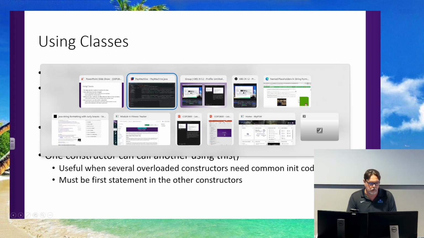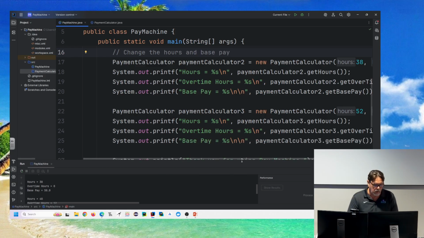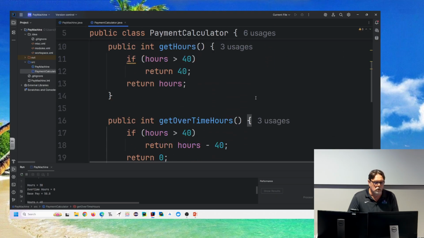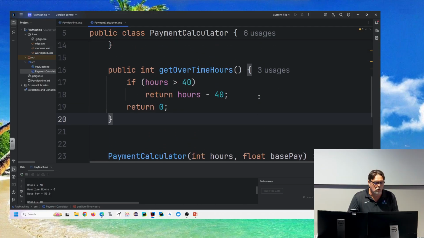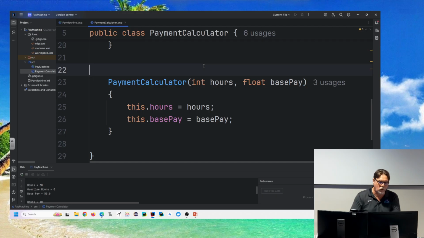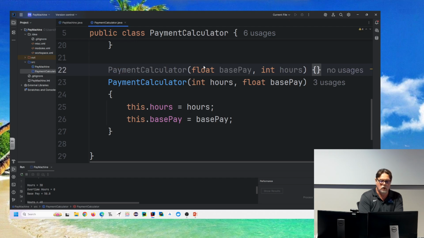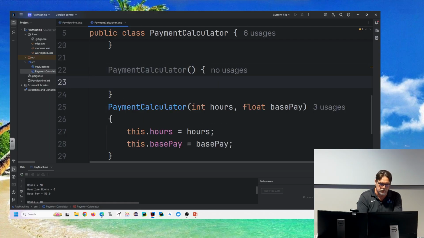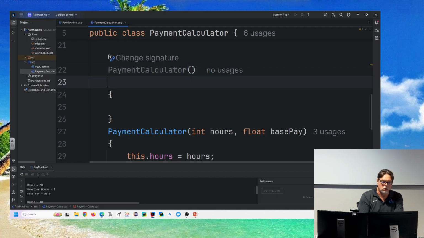Oh, and then the constructors. That's another thing I wanted to point out. Okay, I deleted my other constructor, but if I wanted a constructor that quickly creates a 0, I can go, so this is again a default constructor, or not default, this is a constructor that takes no parameters, but I can call the other